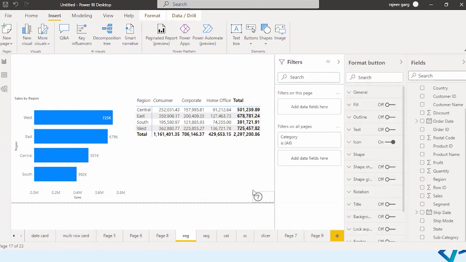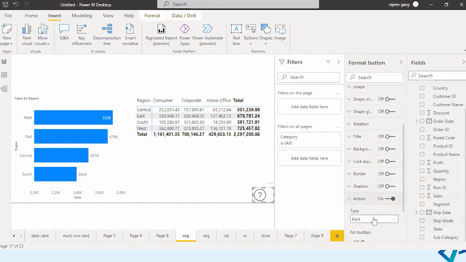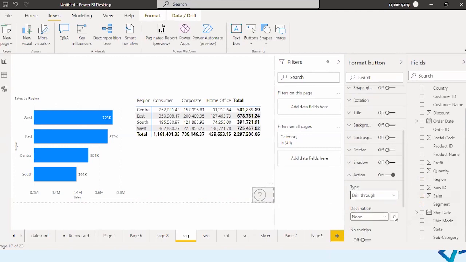Let me increase the size and I will go to the action and make it a drill through action. I will say drill through. If you want to give some tooltip, you can give the tooltip and you can specify the destination. I would like to go to the segment.